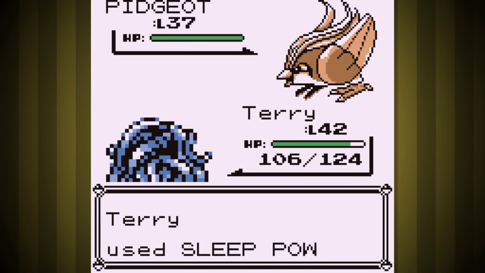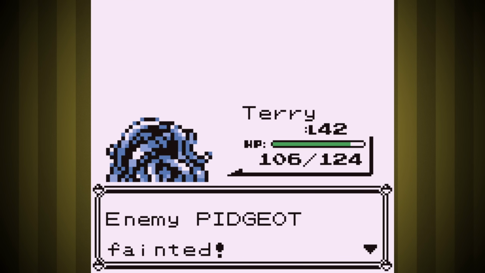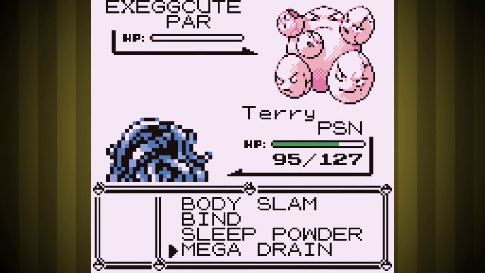Pidgeot starts with Wing Attack, but we have high defense and Wing Attack is really weak in Gen 1, so we took him out no problem. Execute is second and poisons us early, so we have a soft time limit. Body Slam takes quite a few hits to take him out thanks to his high defense, but at least we